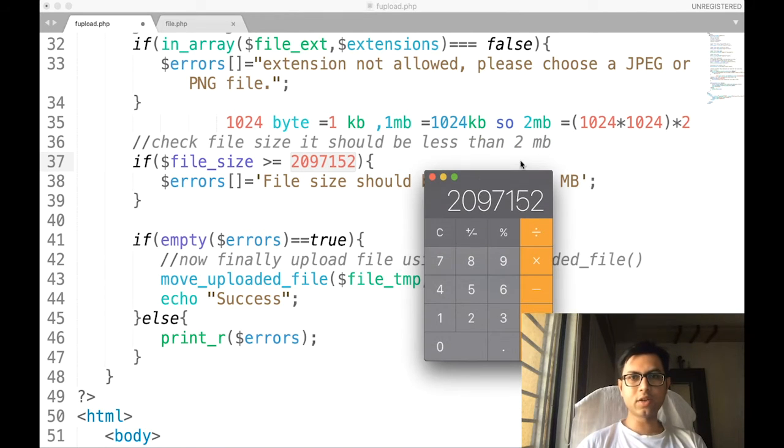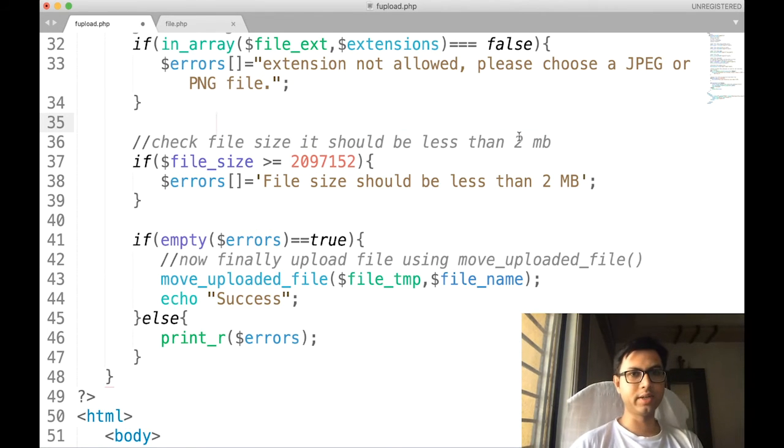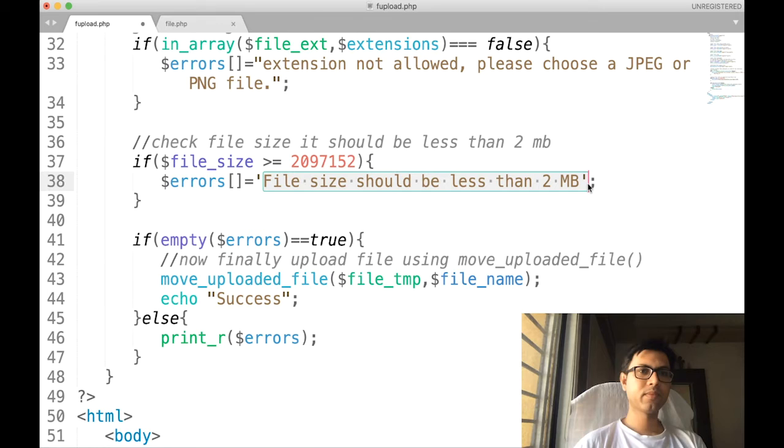So anyway, this is 2 MB in terms of bytes. That's it. Let me remove this. I hope you understand. So if the file size exceeds this, then we save the next error, that is, the file size should be less than 2 megabytes.